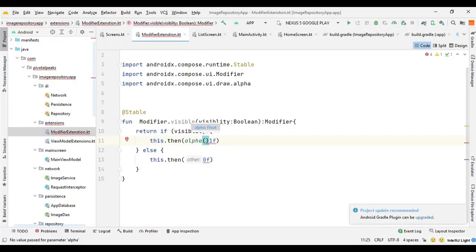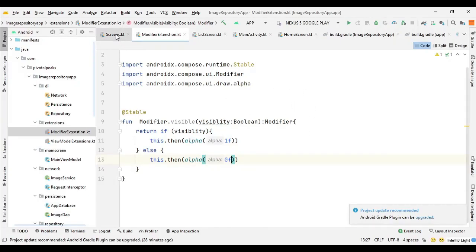So inside this alpha we can pass this 1f, and here we also need to provide the alpha and pass the 0f. So depending on the value of isLoading, it will change the alpha, so it will be seen or disappear, the circular progress indicator.